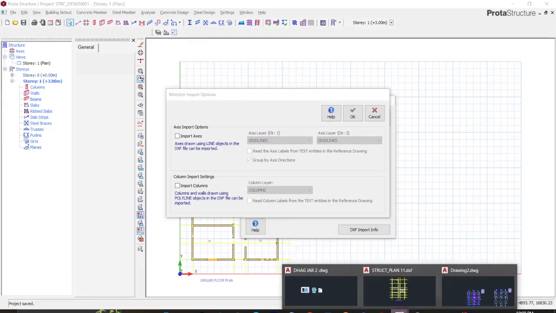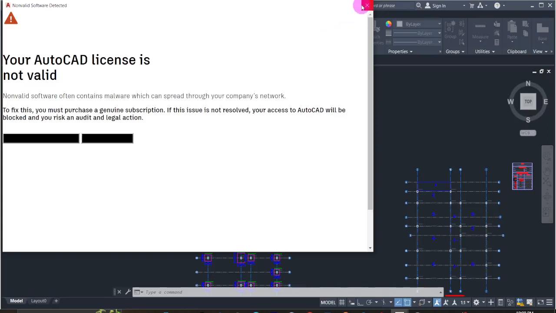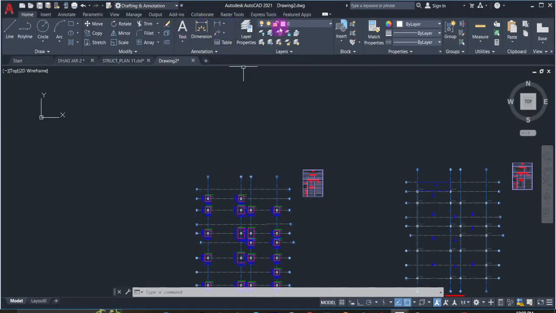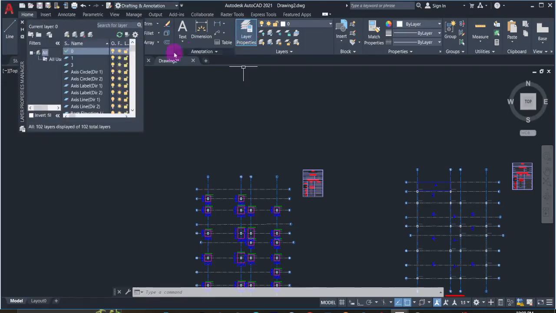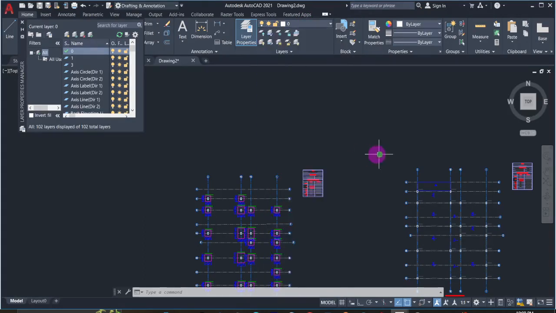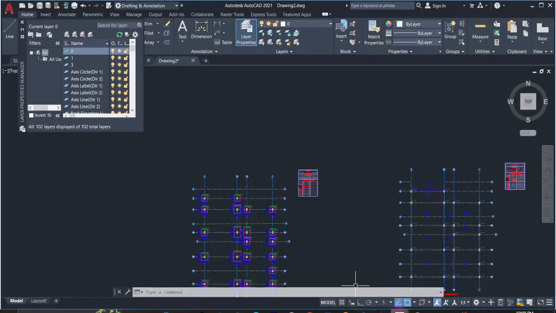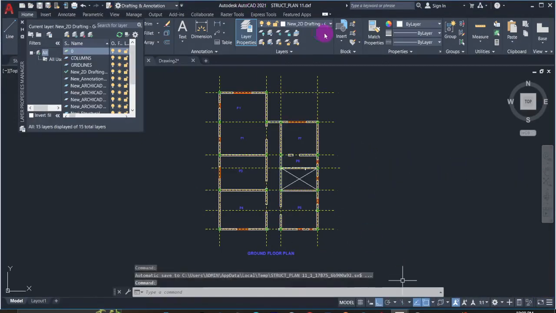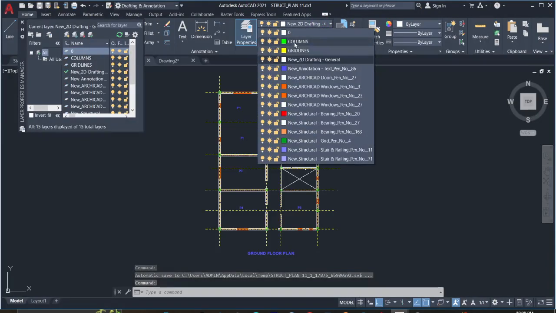So if I may just reopen my CAD file, you can see there were layers that were created here. One of it was the grid. We can check them from here. So we have layers here for this structure. The issue is that I haven't opened the right file. This is the right file. So if I come here under the layer, I can get the grid and the column. So these two layers must be created in the AutoCAD